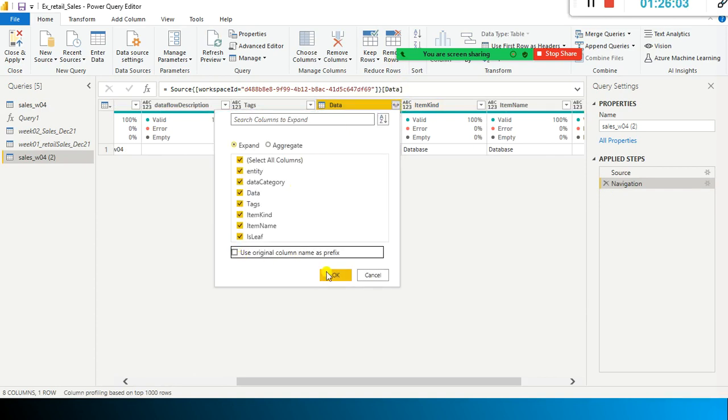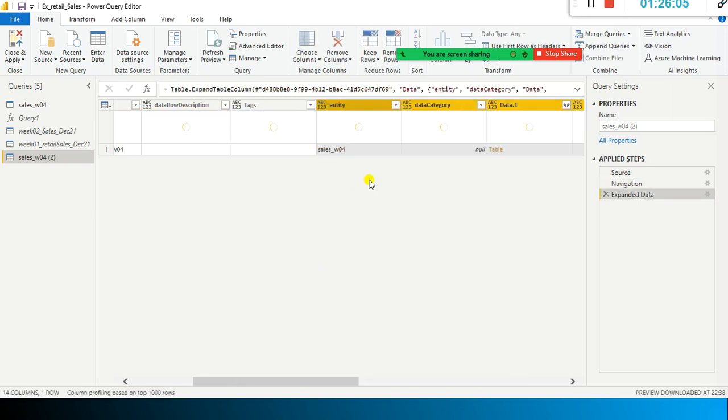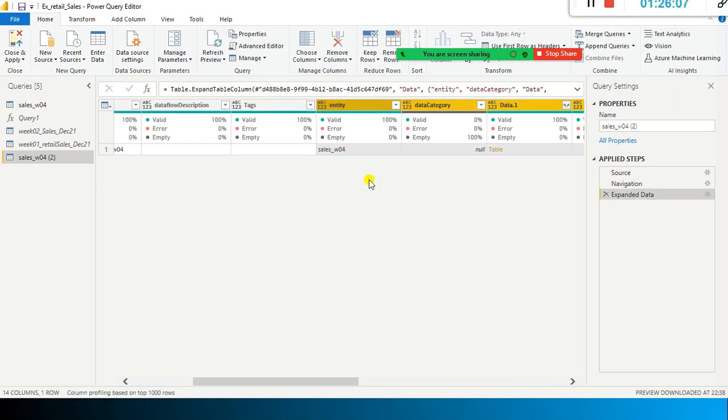You need to disable this one and select it. Otherwise, for each column it prefixes it with data dot order date, data dot order, something like that. We don't want that.